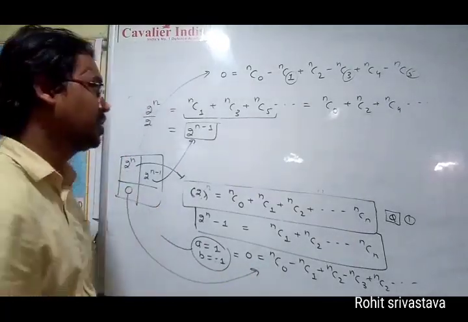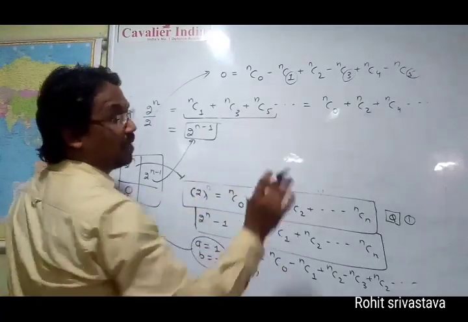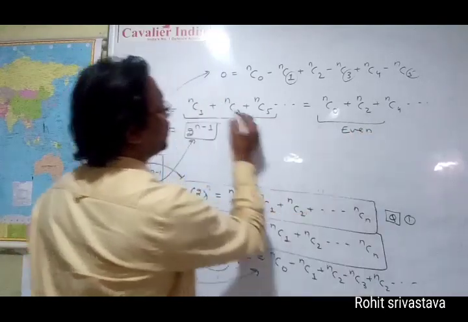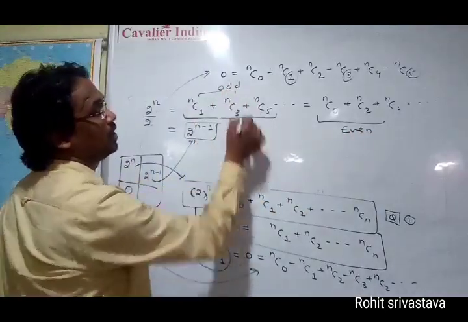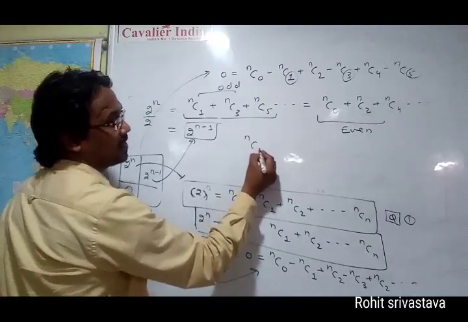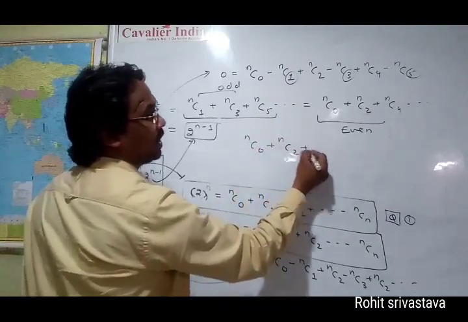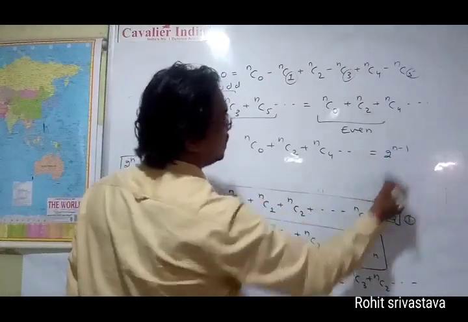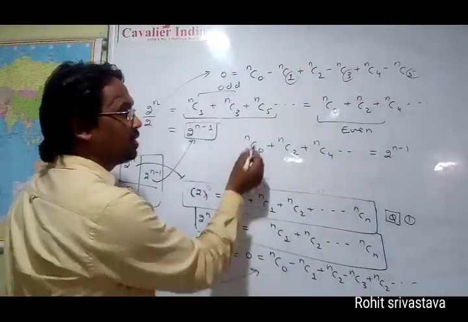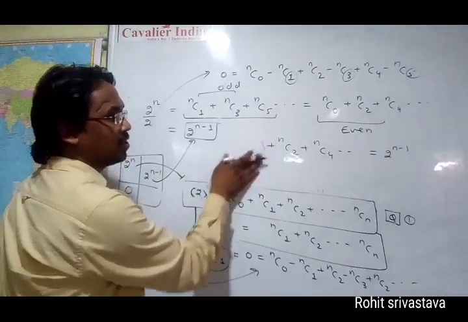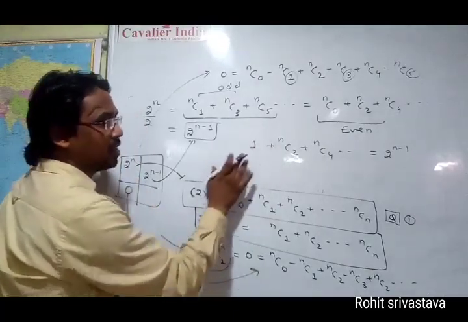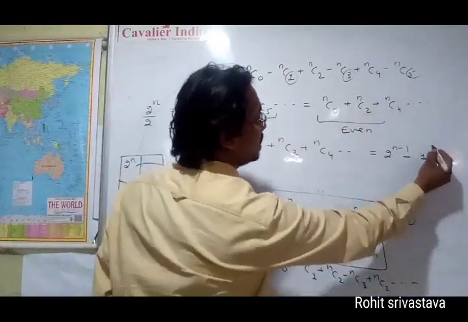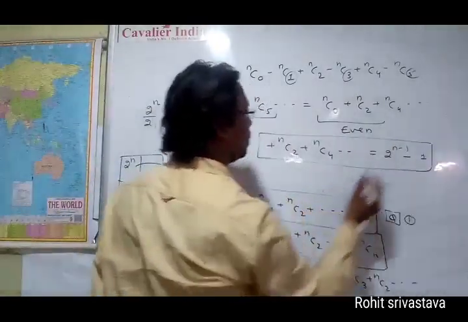Now the last observation. Many of you will learn this is the even binomial coefficient and this is the odd binomial coefficient. So what you may see here, NC0, NC2, NC4 and so on, will equal 2 to the power n minus 1, and many of you know this will equal 1. What do you say, this will become 1. So at this segment, if this 1 goes to that side, it will turn like this. So this is our final observation.